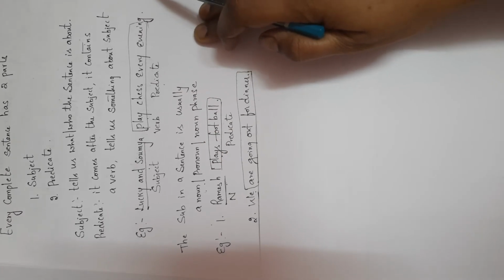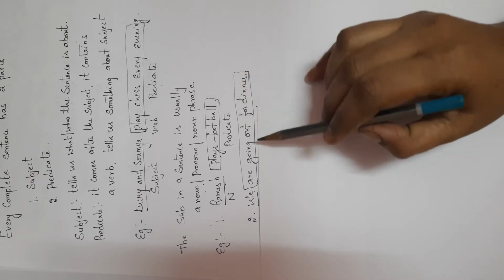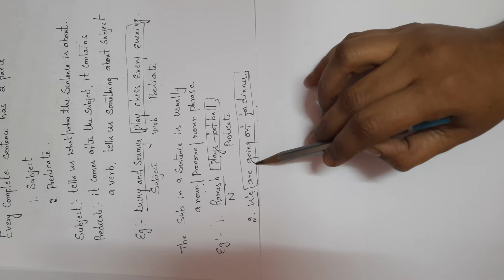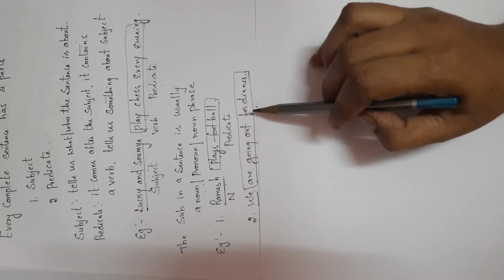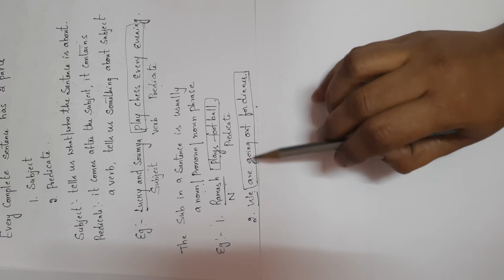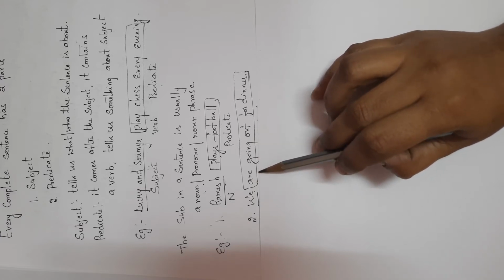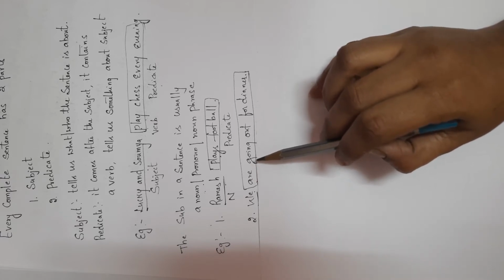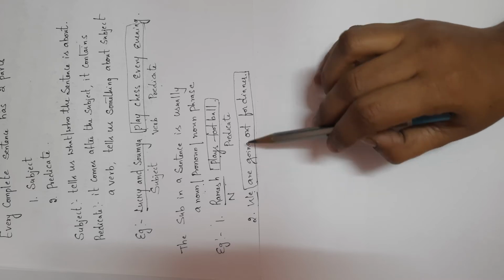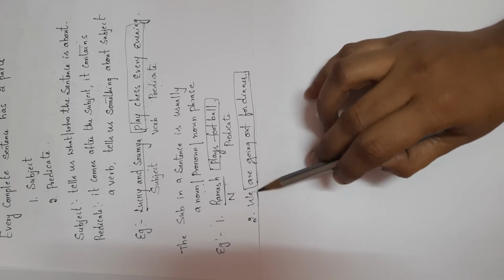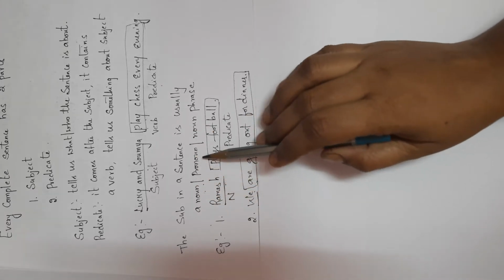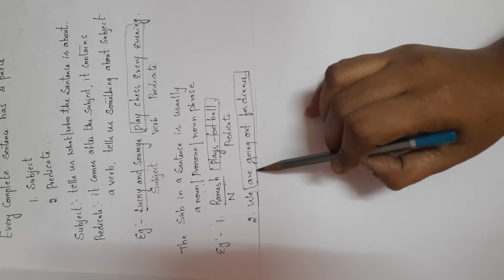So let's see the second example. We are going out for dinner. Here the sentence is about we. We is the subject. The remaining part of the sentence, that is are going out for dinner, is predicate. And the predicate comes after the subject and it contains a verb. Here the verb is are and it tells about the subject that we are going out for dinner. And the subject in this sentence is a pronoun, as we have seen here in the second sentence.